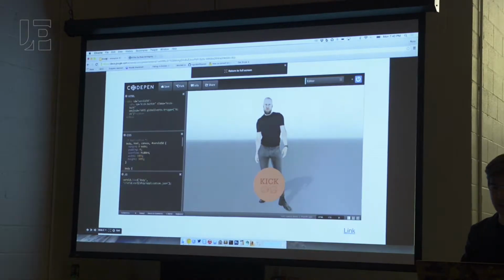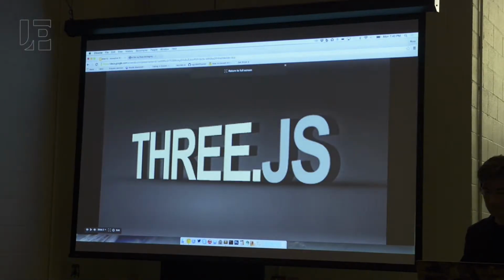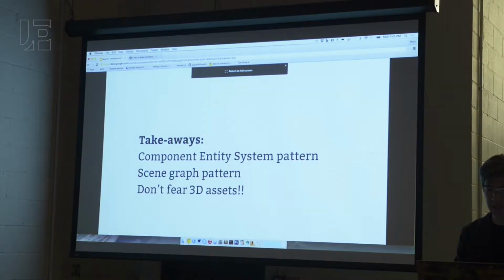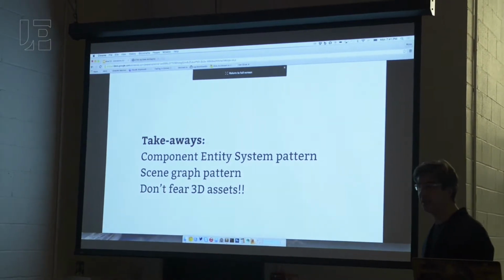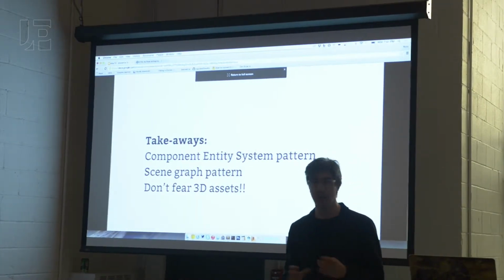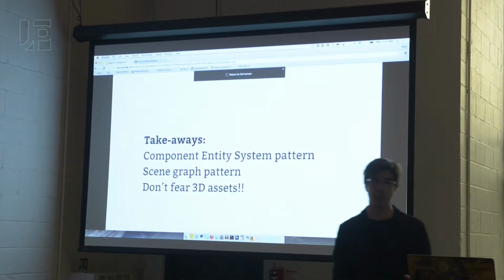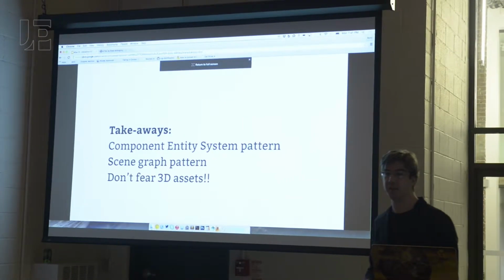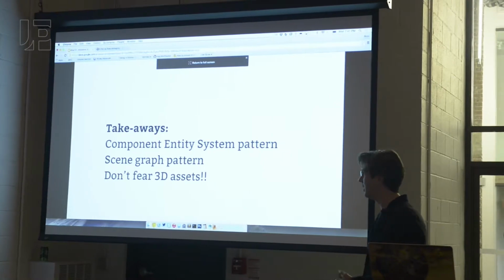And so, of course, we're using Three.js. I'm sure most of you have seen some Three.js code. You've probably had a Three.js talk. This is not going to be a Three.js talk. I'm actually going to step back a little bit, and what I really want to introduce you to in the 15 or 20 minutes that I have is a couple of the design patterns that game developers and interactive developers use, and ways to think about building applications that you might use in a variety of things that you build,